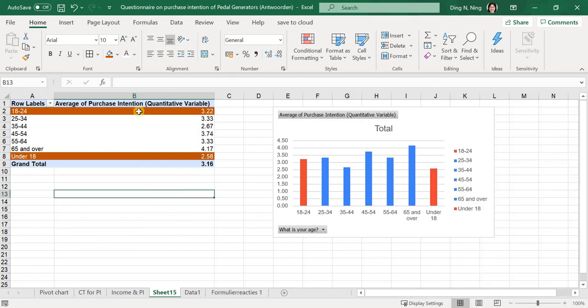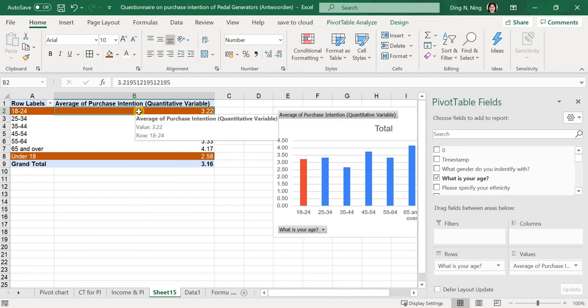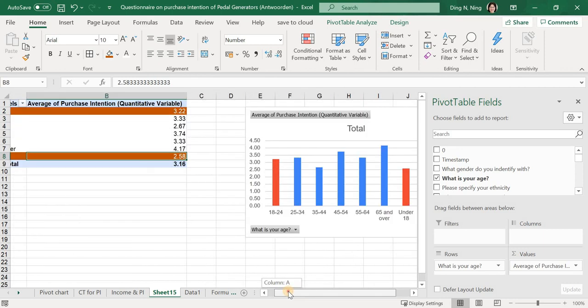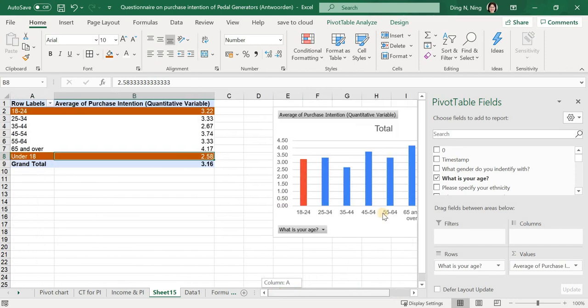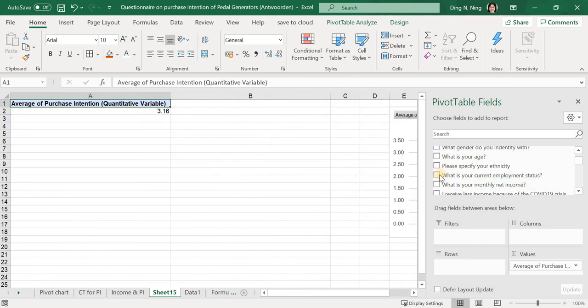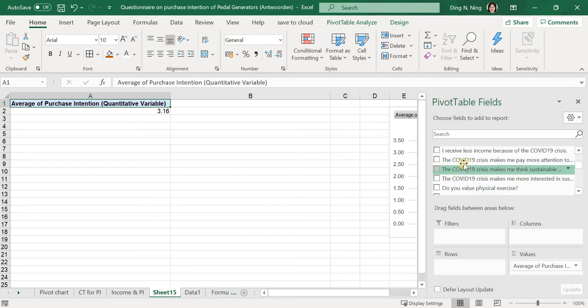You can see that this group is a little bit more positive than under 18. So under 18 shows a bit of unwillingness to buy this sustainable product. Okay, I can feel free to choose the other groups. Yeah? For example, what is your current employment status, the ethnic background, and